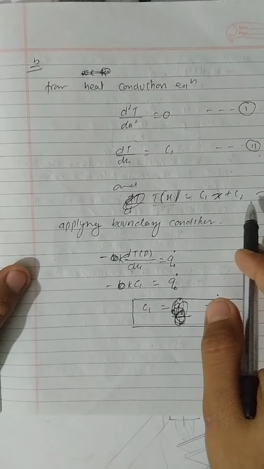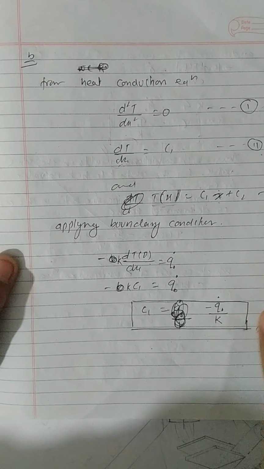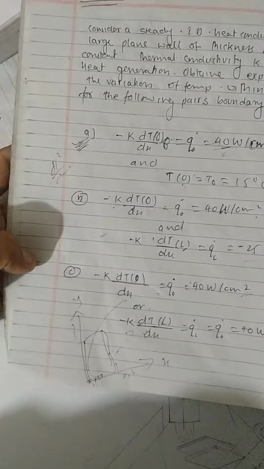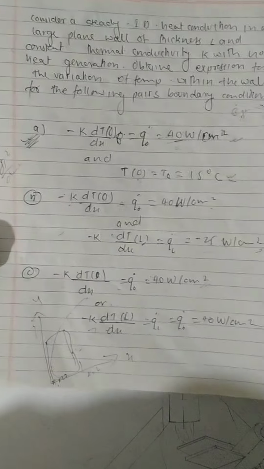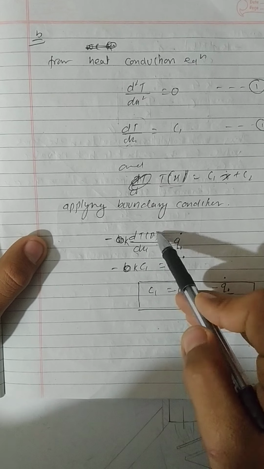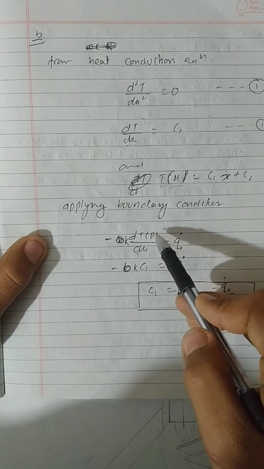Applying the boundary conditions, we have boundary conditions given for part b. What are the boundary conditions? I have written them here. You also have to write them. Okay guys, please write it. Now we'll go to applying the boundary condition: minus k dT/dx at x equal to 0, the boundary condition